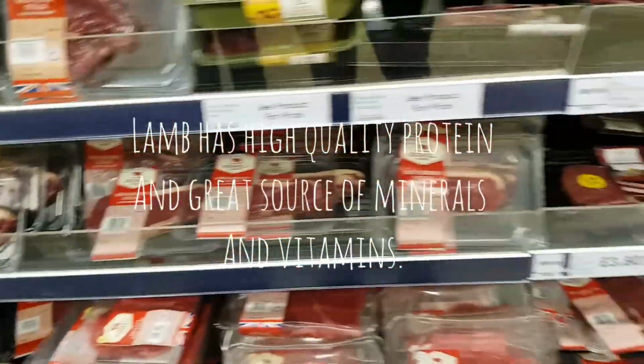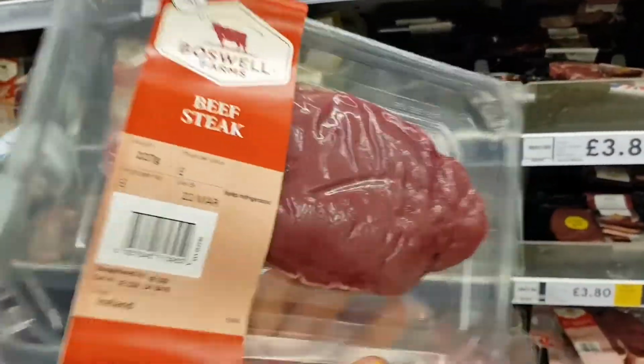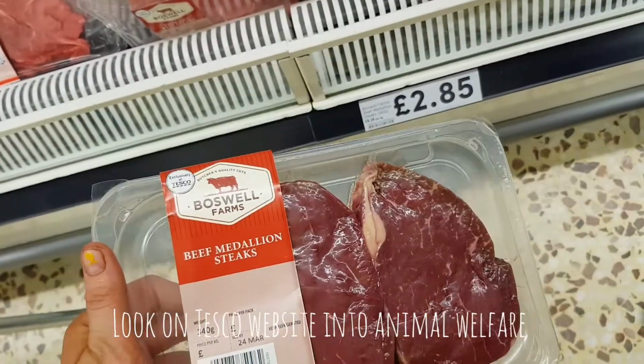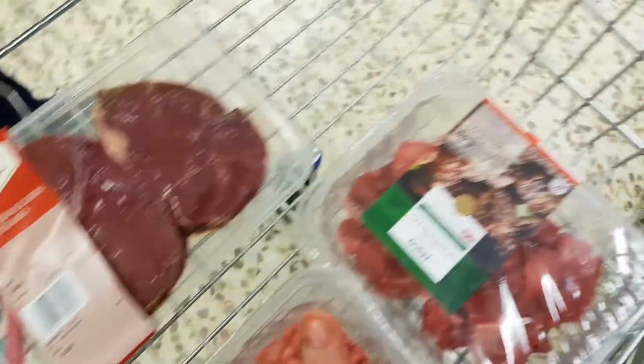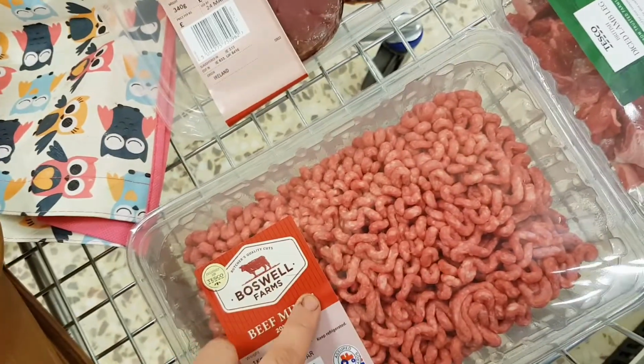Now I decided that steak is the way to go, because that's a good adult meal. Quick, easy and tasty. So that is £2.85 for beef medallion steak, £2.85, £2.97 and £4. The lamb is more expensive, but this one you can make several meals with. So I'm going to make